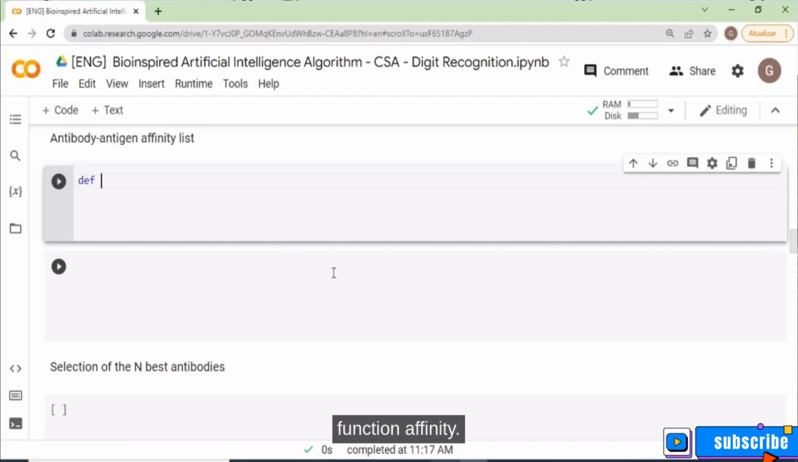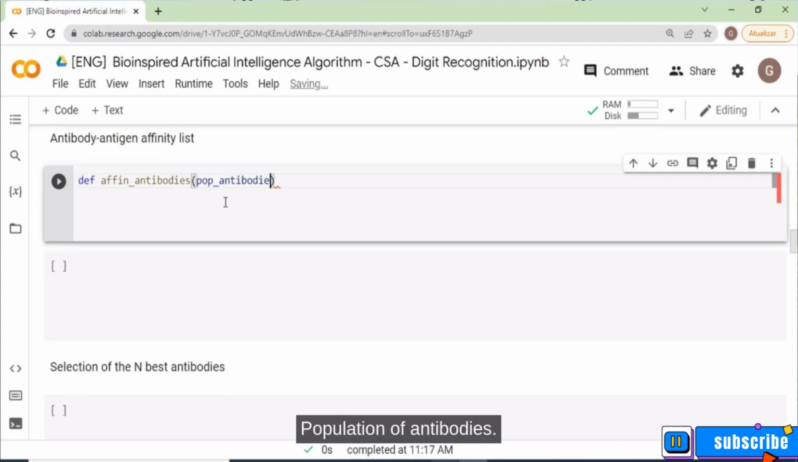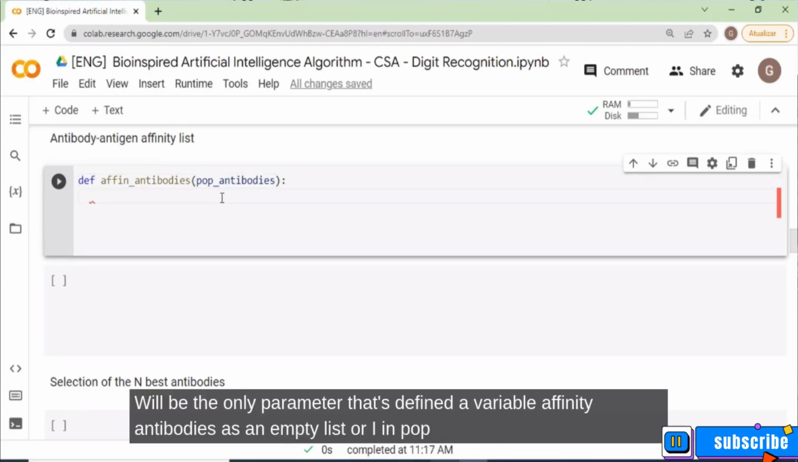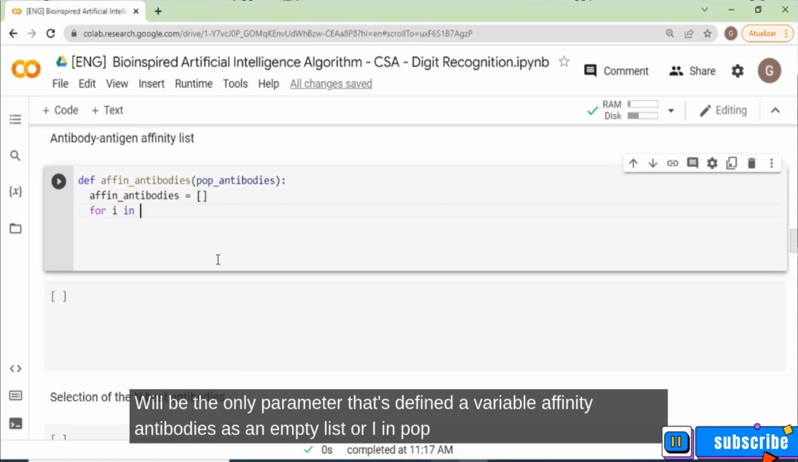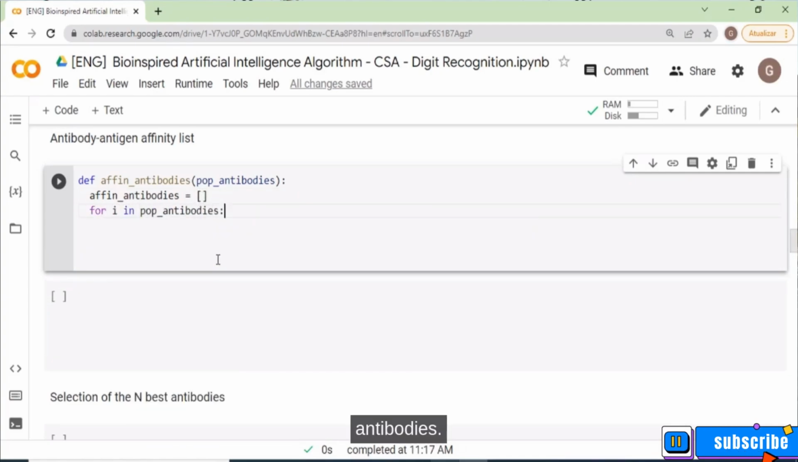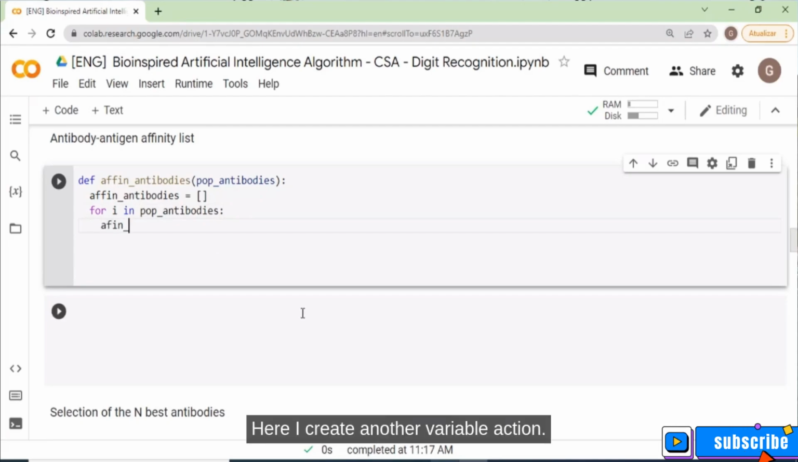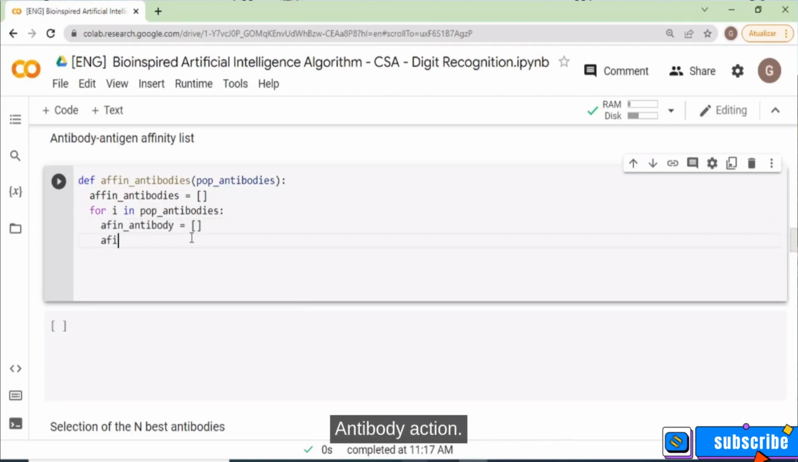Let's create the function affinity antibodies. Population of antibodies will be the only parameter. Let's define a variable affin antibodies as an empty list. For i in pop antibodies, here I will create another variable, affin antibody,